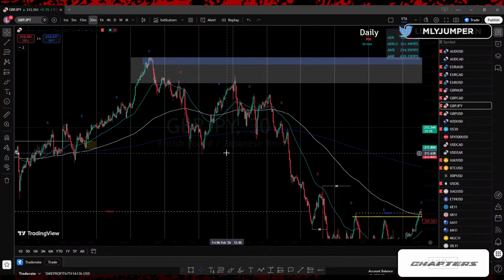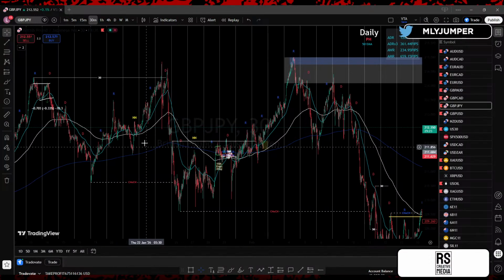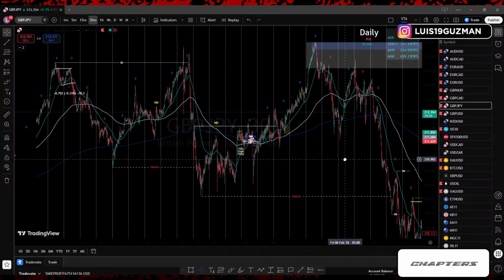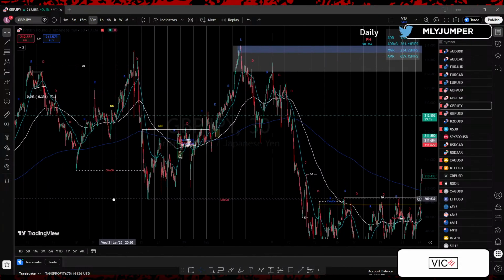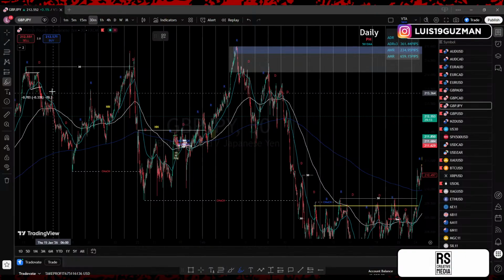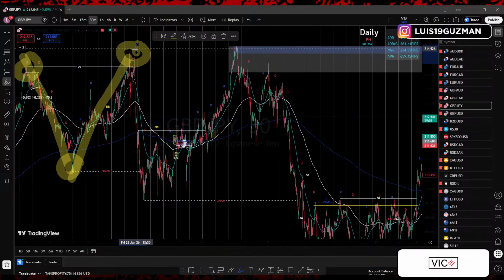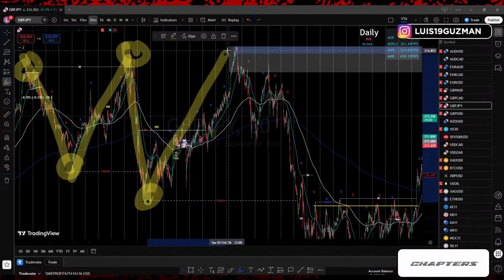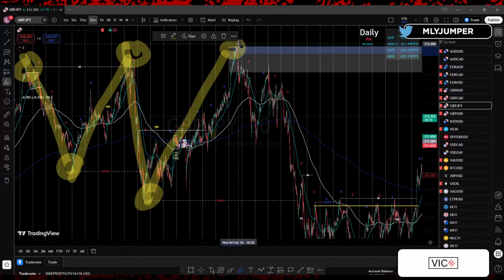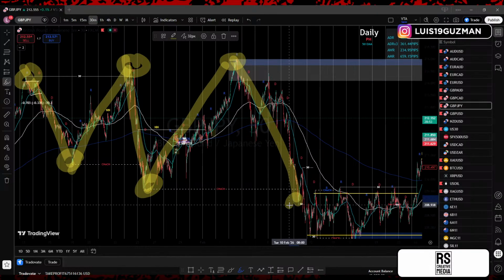If we just take a tiny step back, you see how big the structure is here, right? That's why when you mark up, I try to go back as far as possible. But when you look at the markups, you had higher high, higher low, higher high, lower low. Then price came up and gave you a change of character back to the top side, up here, higher high. Then price gave you a lower low change of character.